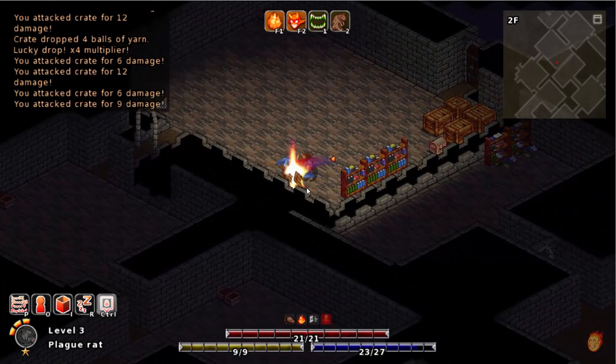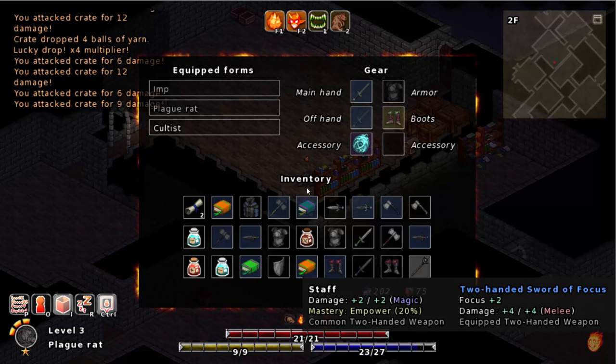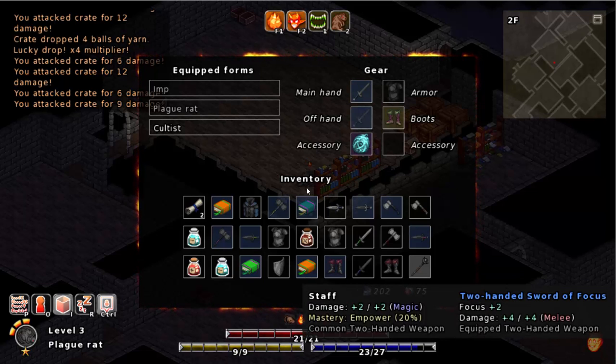Doesn't seem to have as good of stats as my sword. The cultist does have that thing with staves. Oh, mastery and power 20%. I don't know what that means. Well,